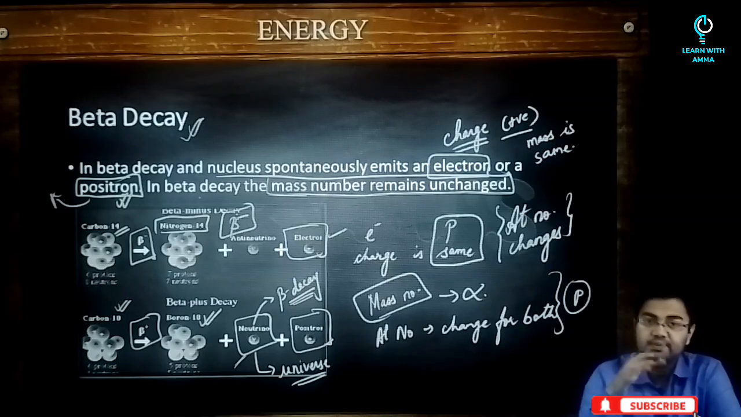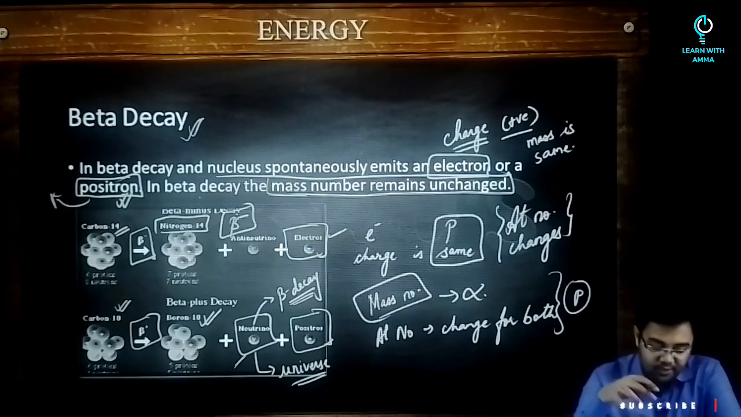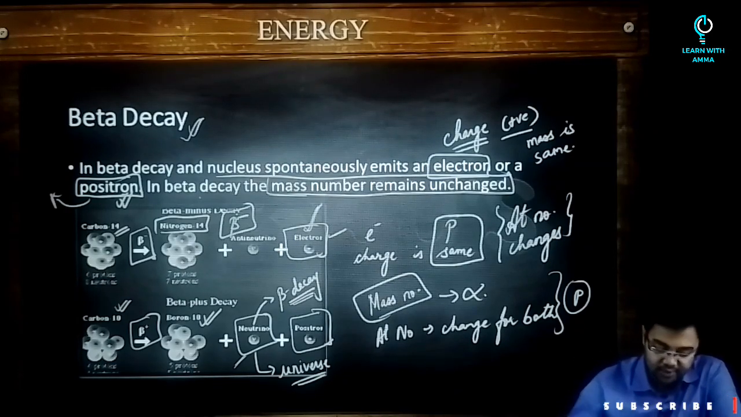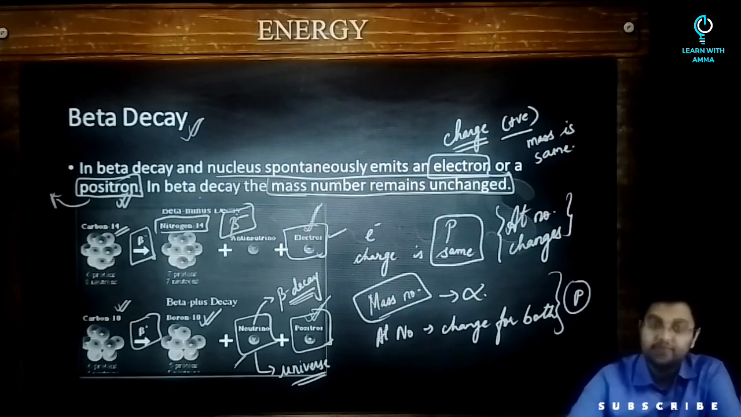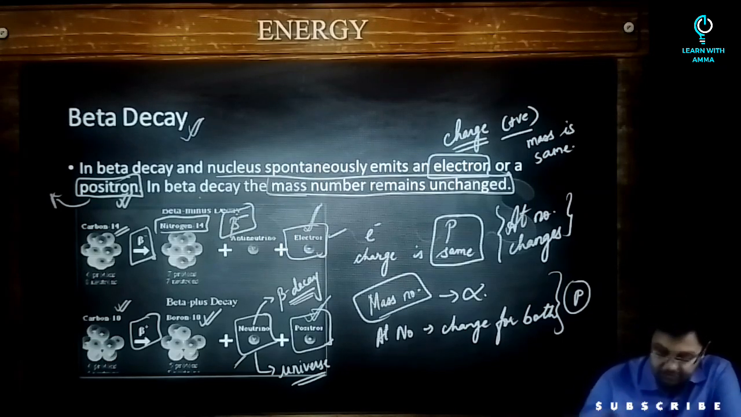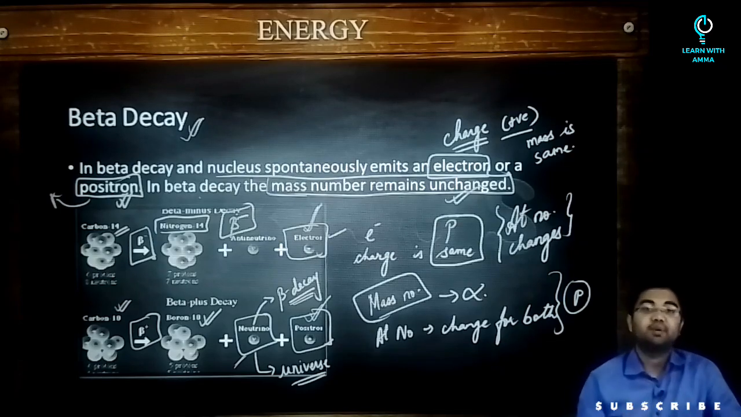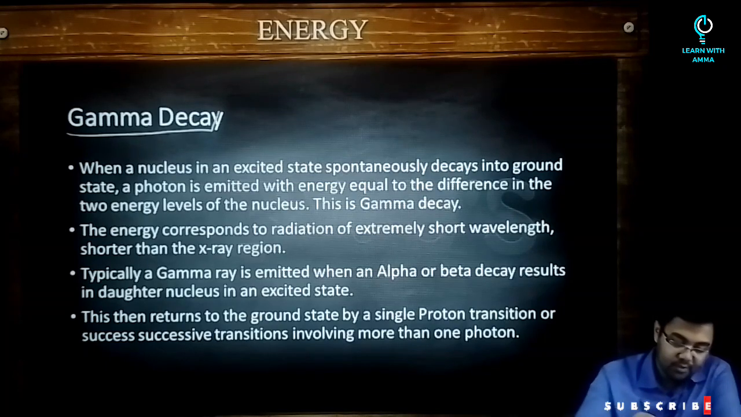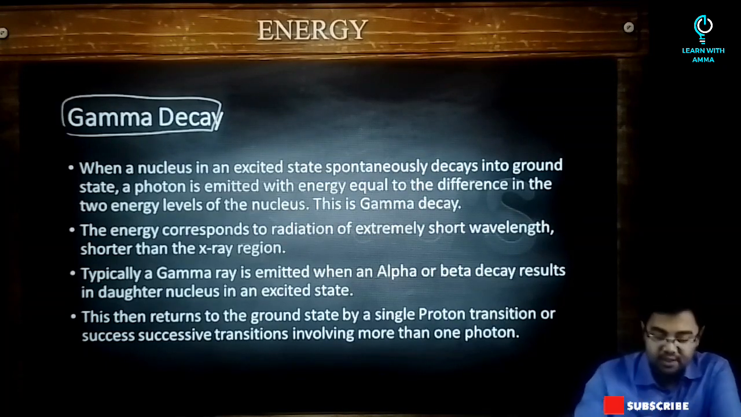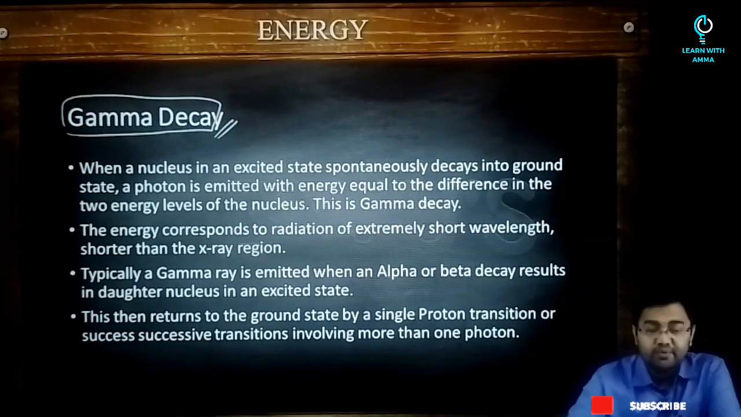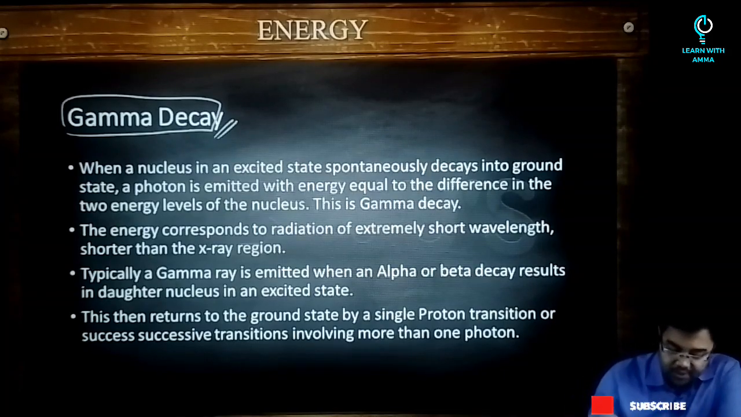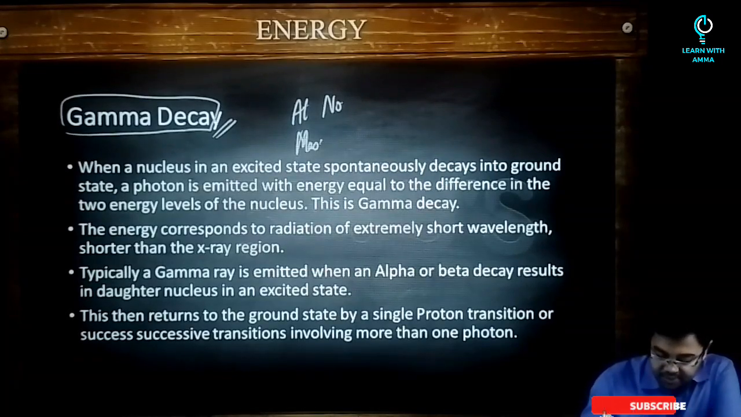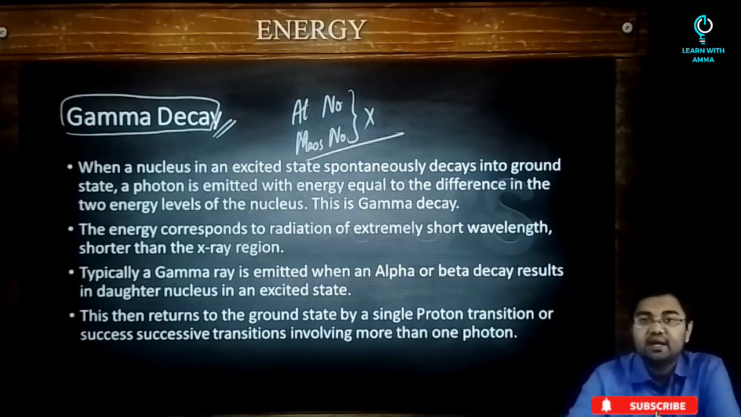So these two are the types of beta decay that we have, in which either there will be a release of an electron or a positron. In that case, the mass number remains unchanged, but the atomic number changes. Then the third kind of radioactivity that we see is gamma decay. Now when it comes to gamma decay, here neither the atomic number nor the mass number is changing. Both will not change. The only change that happens is that